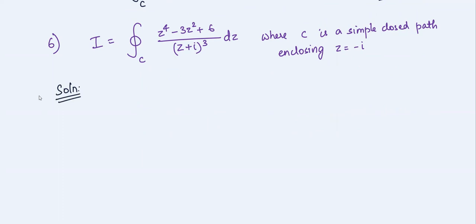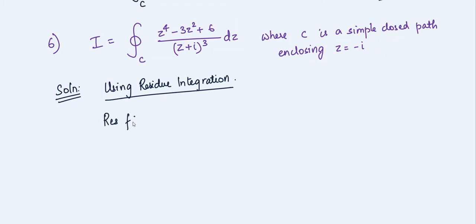Either use Cauchy's method or this is a pole of order 3. So using residue integration, now the residue of f(z) at z equal to minus i is 1 by, this is m is 3,